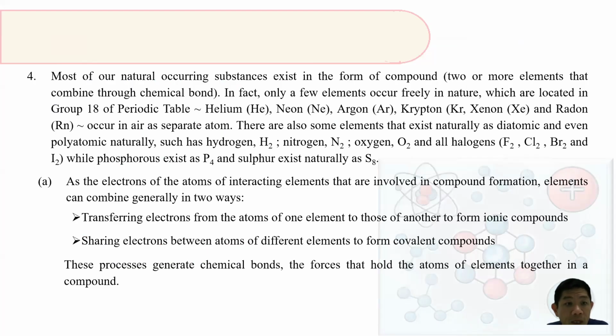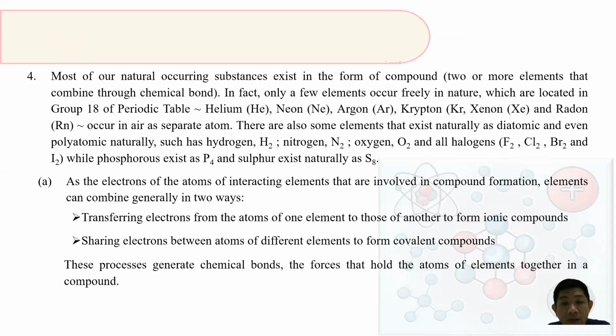isotopes. So most of our naturally occurring substances exist in the form of two or more elements that combine through chemical bonds. In fact, only a few elements occur freely in nature, which are mostly located at group 18 of the periodic table, such as helium, neon, argon, krypton, and xenon, that occur in air as separate